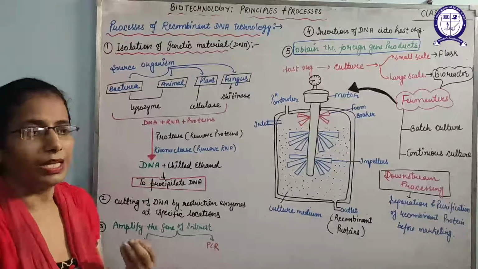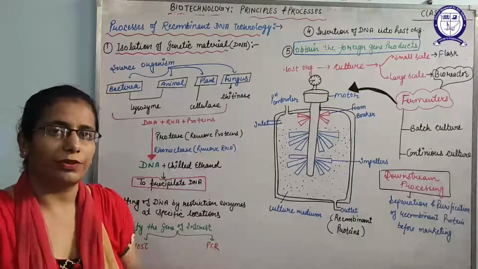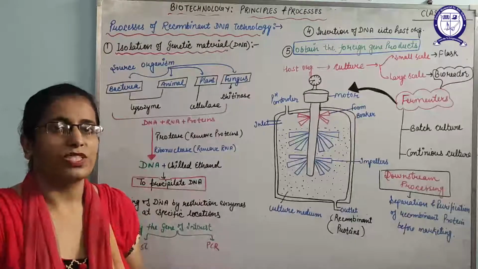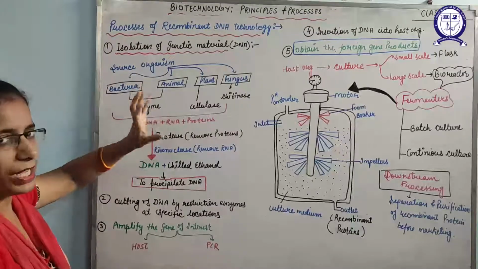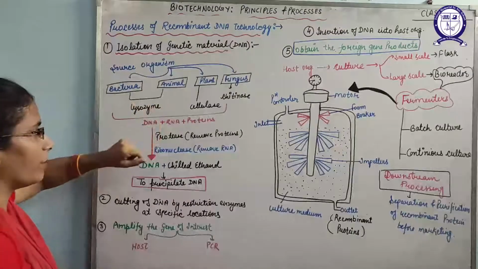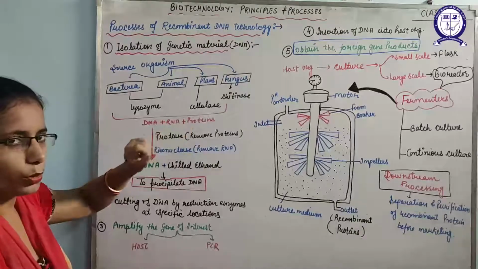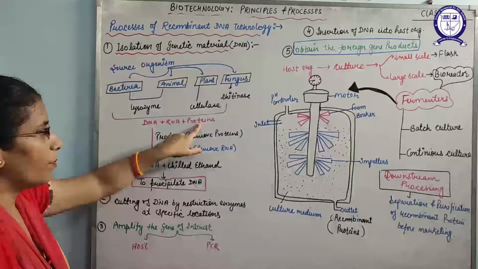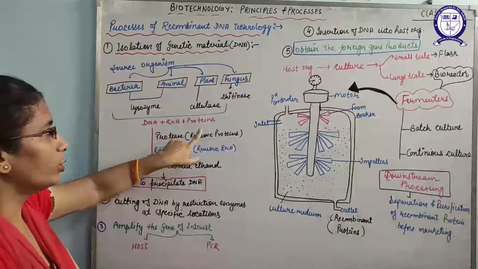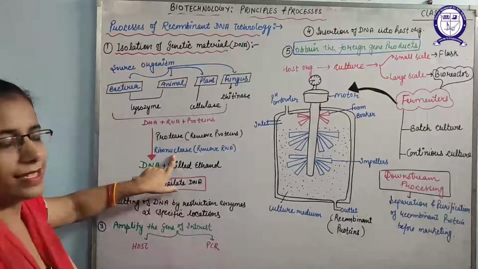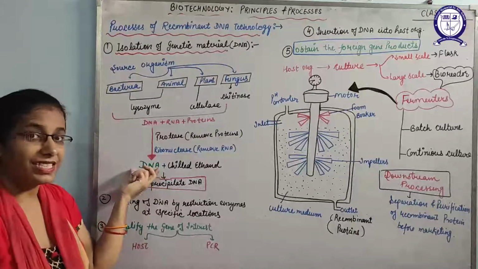Because genetic material is mainly DNA or RNA, but DNA is the more preferred and more stable genetic material than RNA. So now we have obtained, after the breakdown of the cell wall or cell envelope or cell membrane, DNA that is entangled with RNA and protein. So we have to remove these biomolecules also. We will use the protease enzyme to remove the proteins and ribonuclease enzymes to remove the RNA. Then we will obtain the genetic material, that is DNA.